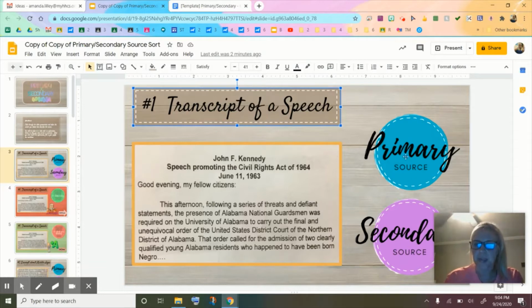But that's how I get to my buttons. All right, so I've got my slides set up how I want here, and I'm going to need to link. There are only 2 things that I want these kids to be able to click. I want them to click the primary or secondary because those are the 2 guesses. And based on what they click, I want them to take it to the slide that's going to give them